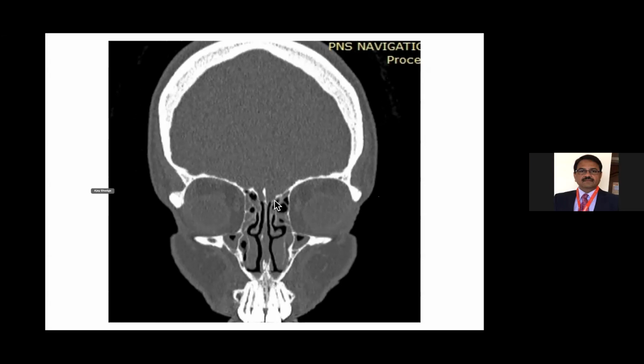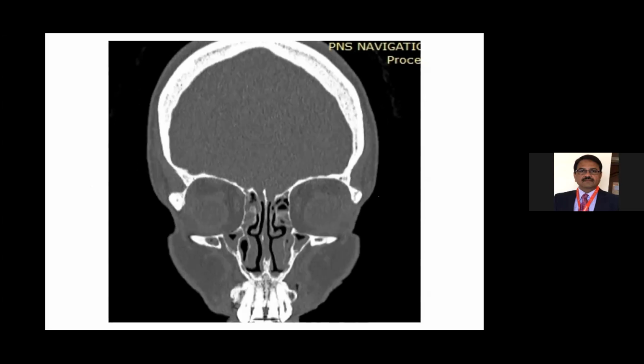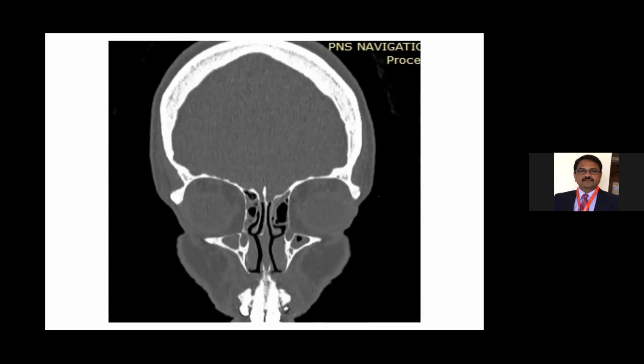The lateral lamella of the skull base, along with the fovea ethmoidalis, is a little oblique or horizontally placed. Very important point. This is a differentiation we have to make. And also see the width. So these are the important points you have to analyze.